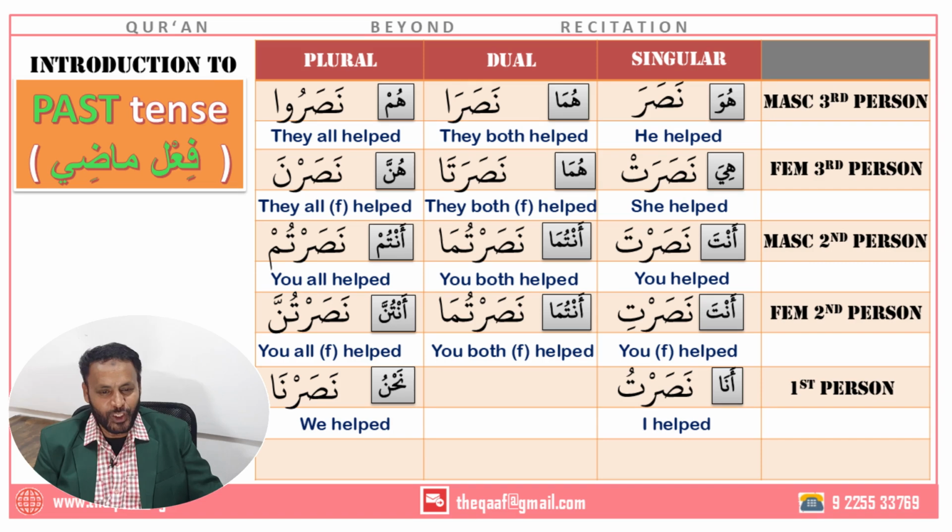That's it. Those are the 14 past tense verbs that can come in any form. So, if you recall now, your memorization will be easy. You are not just forcing your brain to remember the word without any logic. No, now you have a logic to remember it. First, you have to remember the base word, nasara. That's it. And then build upon it.